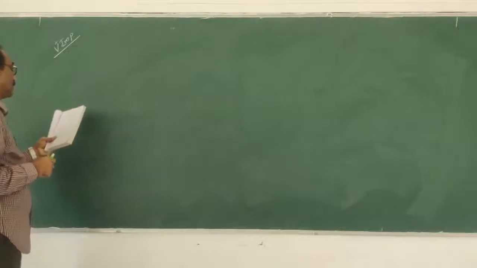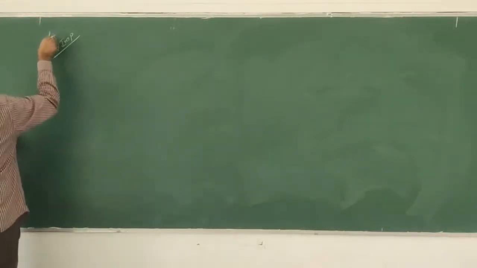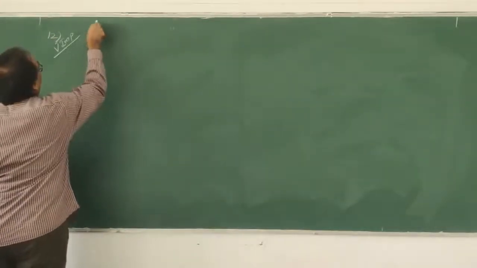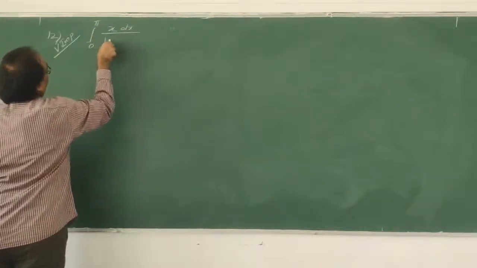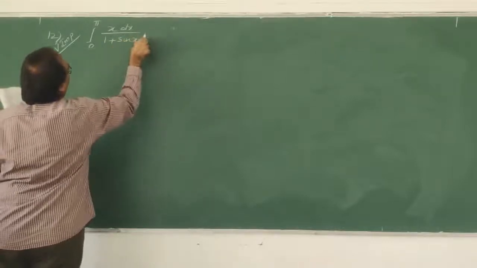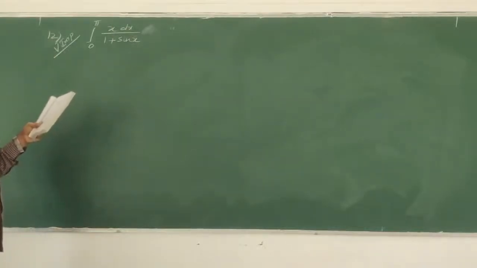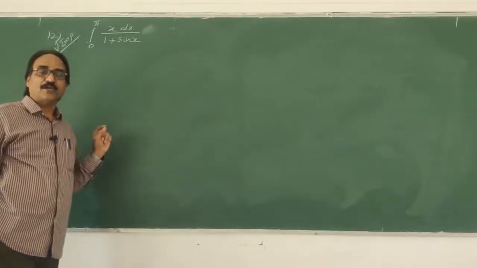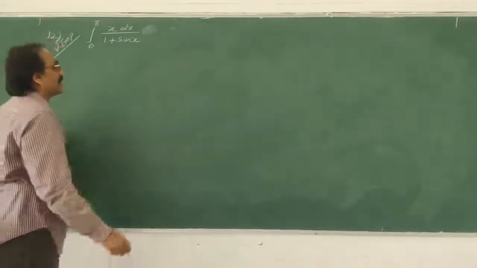Next, problem number 8 is over, 10 is over, 11 we did, 12. Problem number 12 now. Yes, this is also important. So, integral 0 to pi x dx by 1 plus sin x. Integral 0 to pi x dx by 1 plus sin x. But again here, I told you in the beginning only, that the property 0 to a f of x dx is equal to 0 to a f of a minus x dx will come several number of times. That is what is happening here, you see.